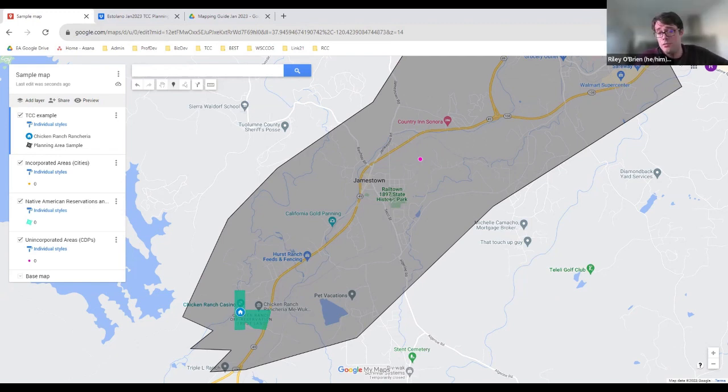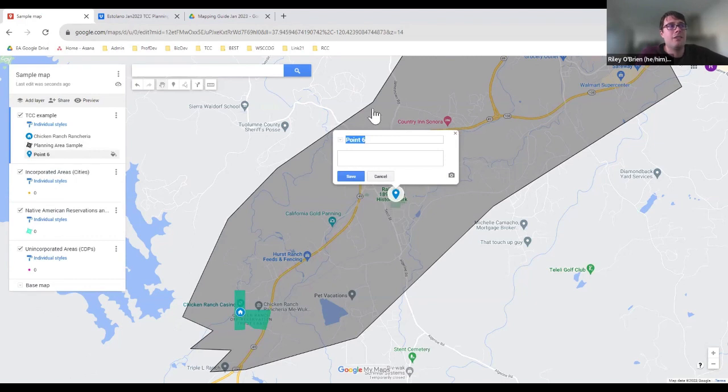Let's say you want to do a design workshop for, I mentioned bike lanes before. Let's say you want to draw some bike lanes or draw some new ways of accessing the natural resources in the area. You might want to have a workshop or a big community meeting in a public park. So there's this park right here. We can create a point. We can rename this